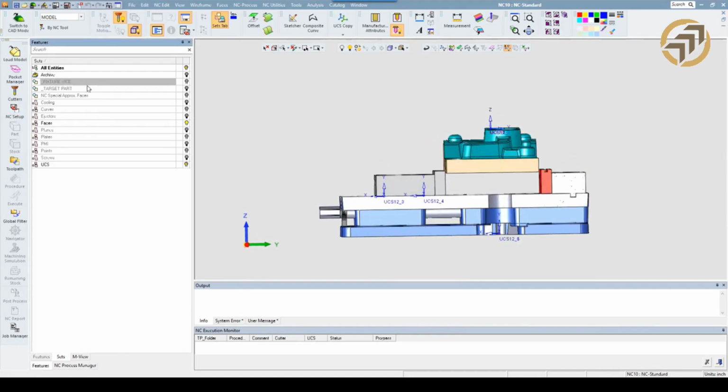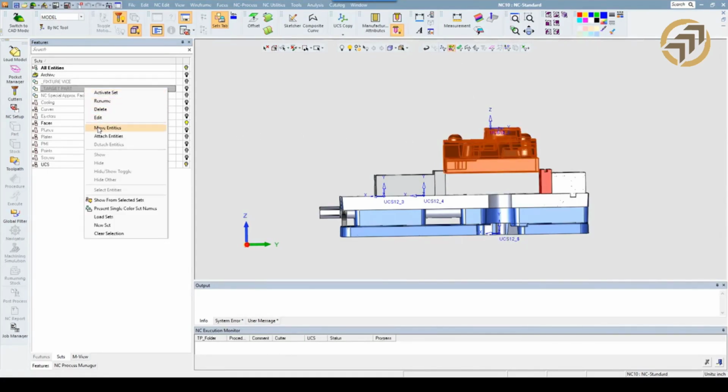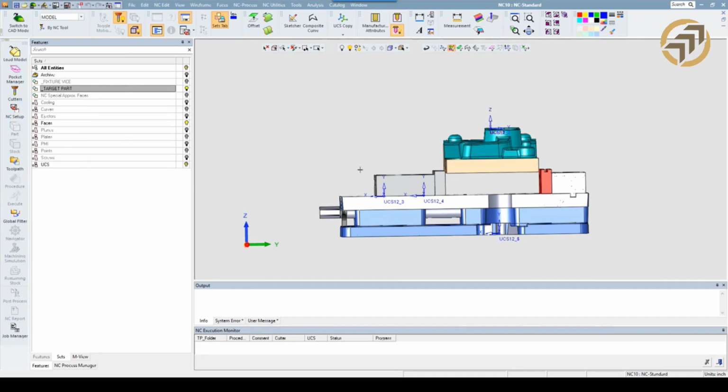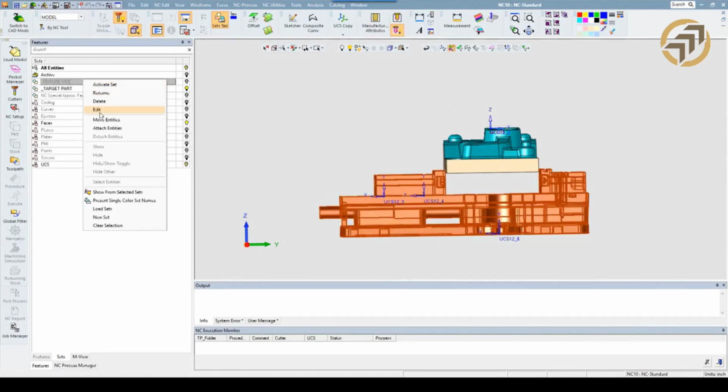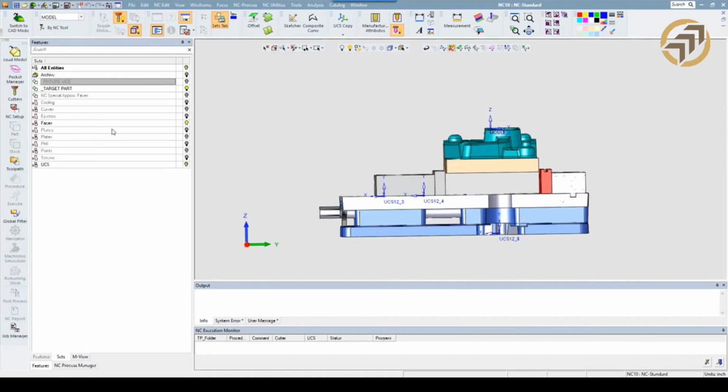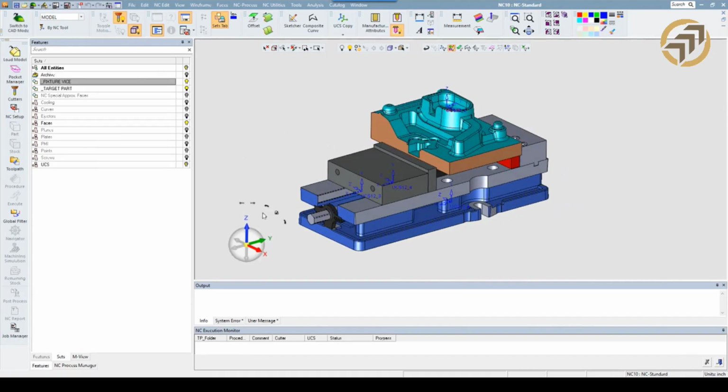Some people work with colors, and some people have their colors always different every time. So this is a good way to make sure that you can use sets and cut with criteria, is to have them labeled as fixture or as target part. So now that we have those on their sets,